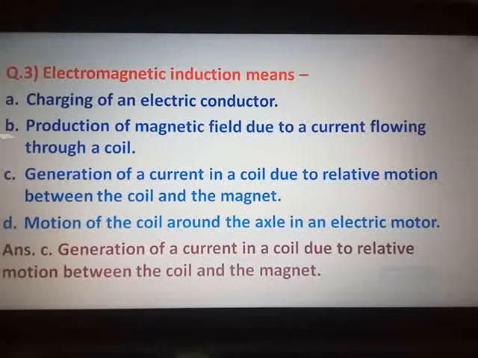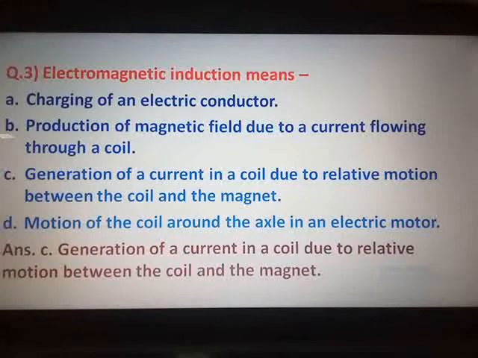Next is question number 4. I have already told you it is omitted because it is the difference between AC generator and DC generator. When the DC generator part is removed from your syllabus, it will not be asked. Question number 5 also I have told you. Which device is used to produce electricity? Describe with a neat diagram. Electric motor, wrong. Galvanometer, wrong. Electric generator, yes, it is the correct answer. And then describe with the diagram. Already this is described in question number 2. So you have to write about the AC generator.